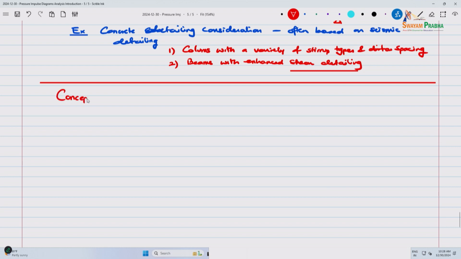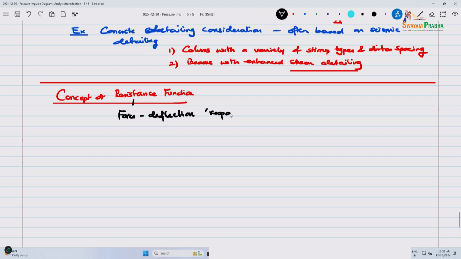and we've discussed the idea of a resistance function. So, let's start implementing that. A resistance function is nothing but a force deflection response curve. It is not a predicted curve. I mean, we do predict it for design purposes, but typically it is again how a structure is going to respond,